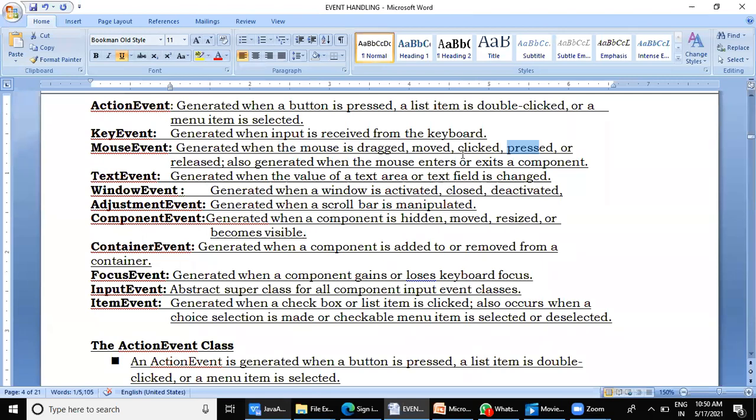But when you divide that entire process into two parts, there are actually two parts. One is when we press, before releasing. That action when we press the button is considered a separate event, which is called pressed.